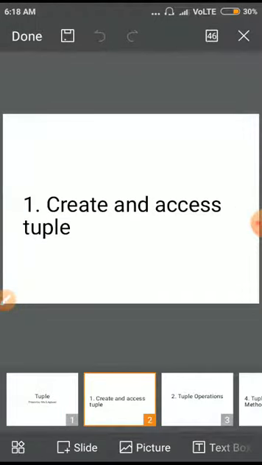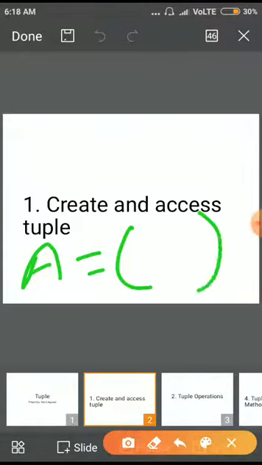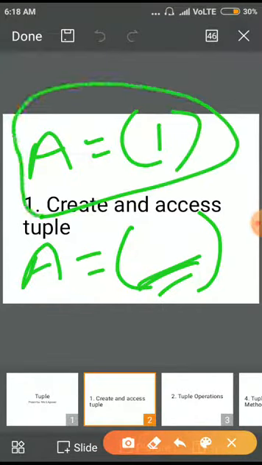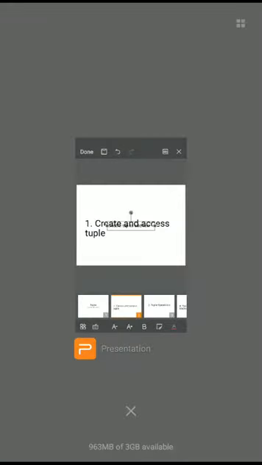Just like a list, first we create one identifier. Suppose I take one identifier, then equal to, and inside this bracket we just write the elements. So this is the way to create the tuple. If we are not giving any element inside it, it will work as an empty tuple. And if we write only one element inside it, it will be a single element tuple. Okay, so let's check how to make that